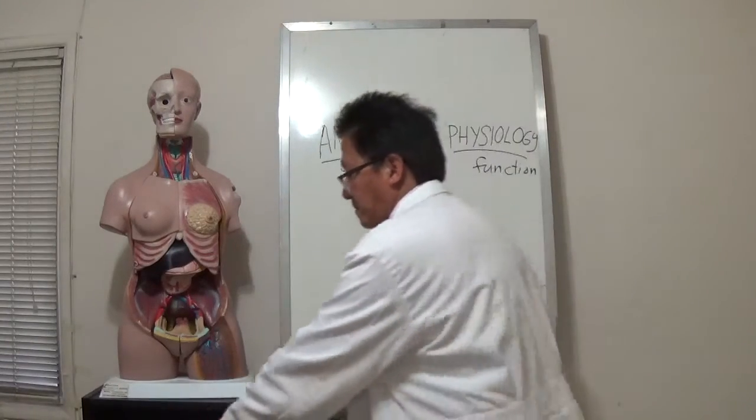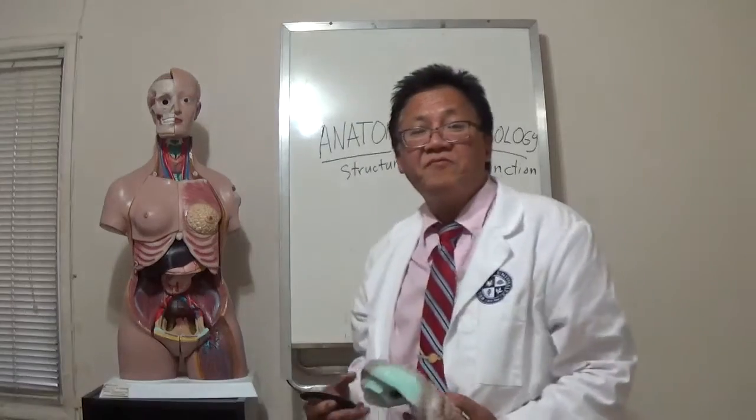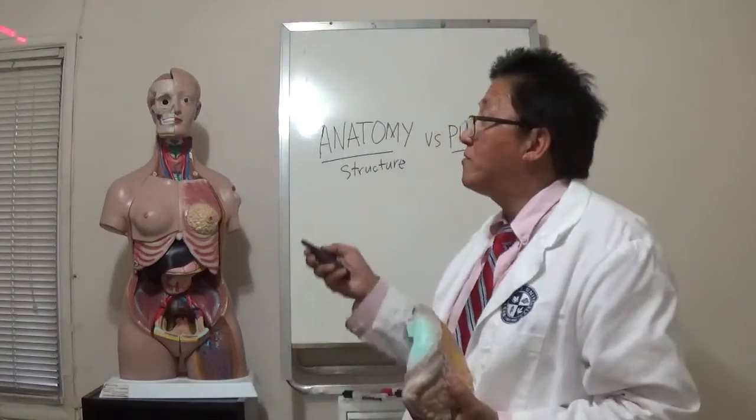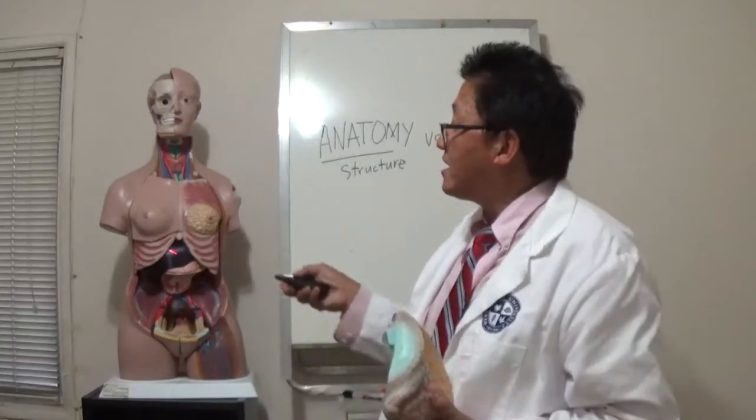Okay? Now, the other cavity that we are referring to would be the spinal cavity. The spinal cavity, as you know, is basically where you find the spinal cord. If the brain is found inside the cranial cavity, then the spinal cord is found within the spinal cavity. So these two, cranial and spinal cavity, make up your dorsal cavity. It's where you find the cranial and spinal cavity in the dorsal cavities, while the ventral cavities include the thoracic,